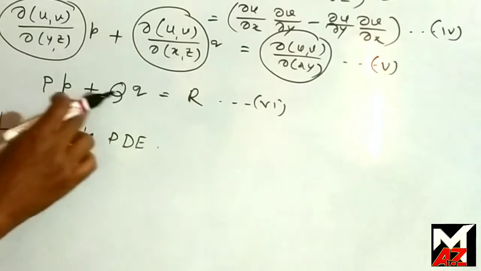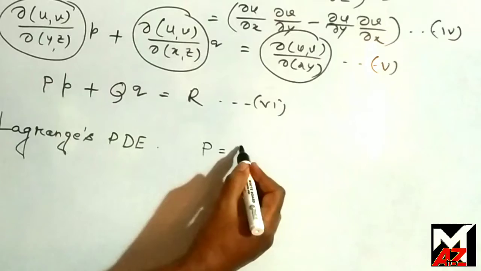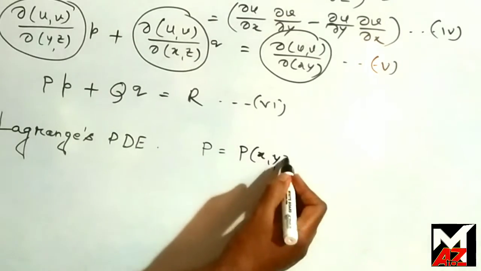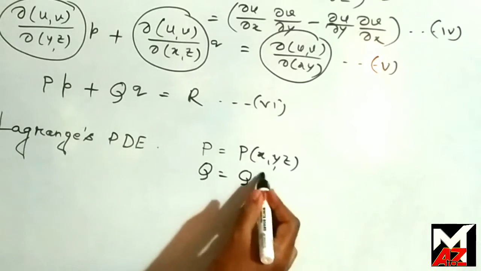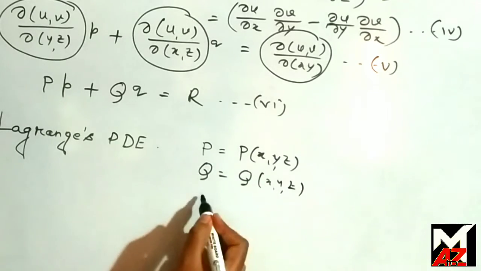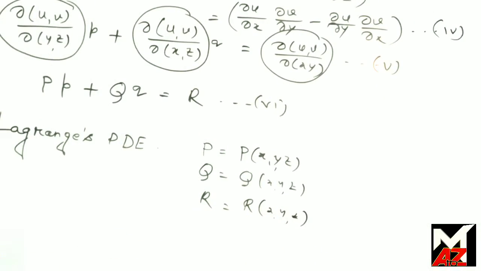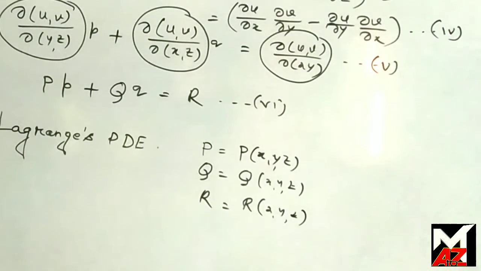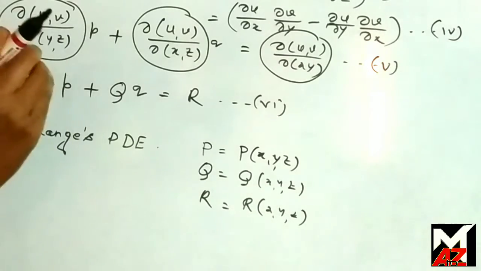Here P, Q and R. P is a function of x, y, z. Similarly, Q is also a function of x, y, z, and R is also a function of x, y, z. And since P, Q, R are functions of x, y, z,